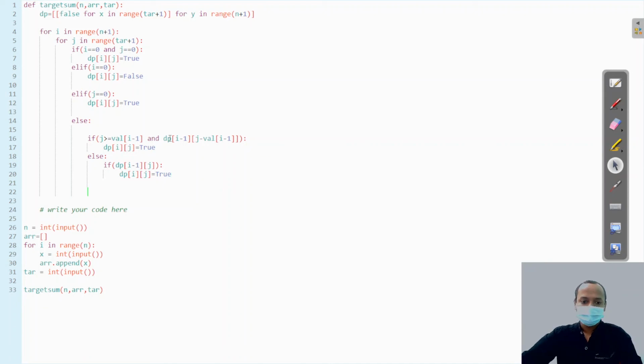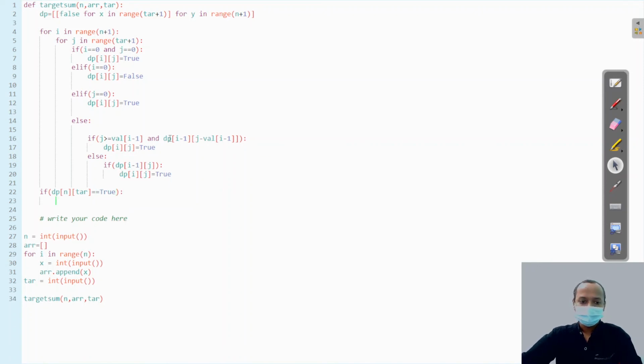Now come out from the loop, and we have to print true and false. So if the value of dp of n, target plus 1, that is dp of n and target, is equal to true, then we simply print true.